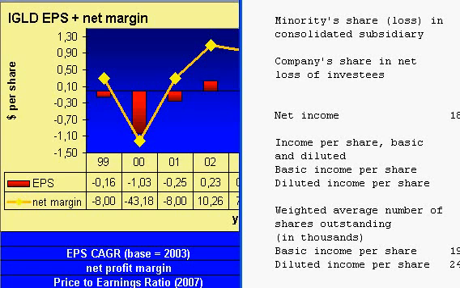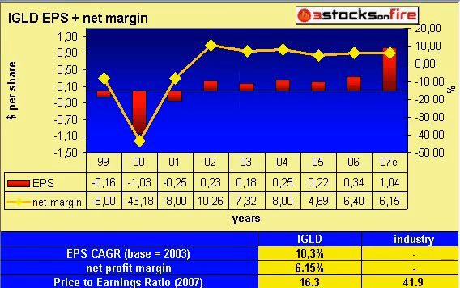No, they made 19 cents on a fully diluted basis, and on a basic basis they made 23 cents, and analysts were expecting 24 cents. Anyway, net profit margin here in the first quarter of 2007 was 6.15%,